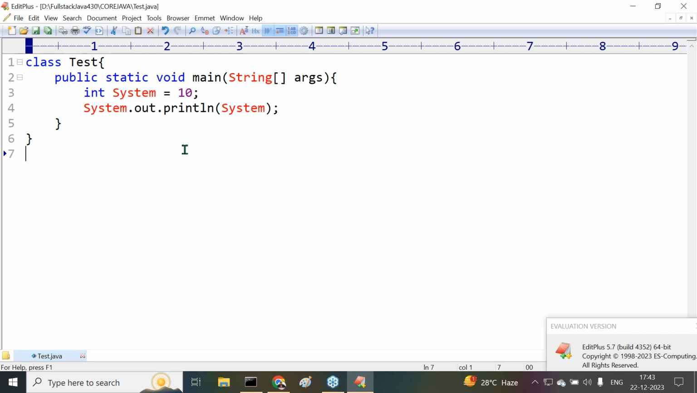Now the user has written int system = 10. Now the user is defining the name system as an integer variable. Now the compiler has two options. By default, System is a class name. Now the user has specified System as an integer variable. Now the compiler will give first priority to the user's, the developer's declaration. Now when we provide int system = 10, the compiler will decide